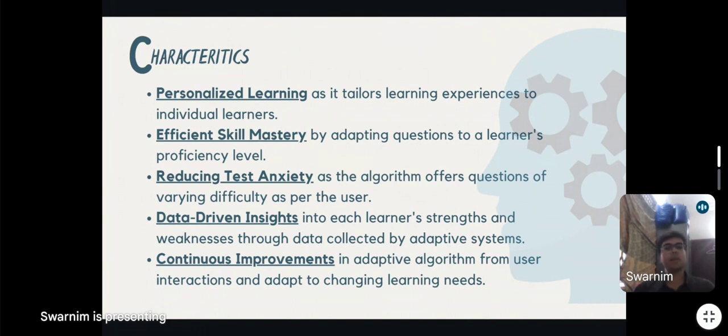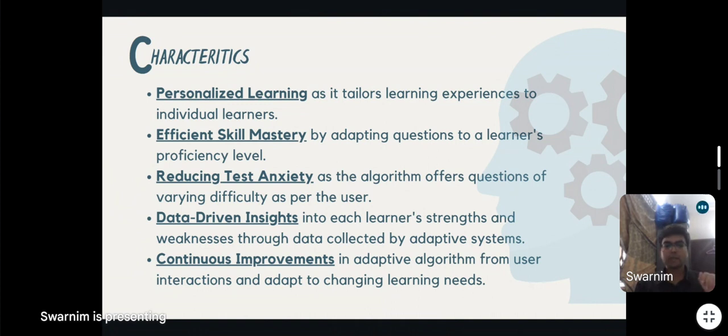Many times, when we give normal examinations, we face issues like, often in the examination, we are stuck in a loop where the question gets difficult, and we are stuck on them. And it increases a certain level of anxiety in the students and makes them a little bit hopeless in examination situations. To counter this, the computerized adaptive testing is a very good format of conducting examinations all over the